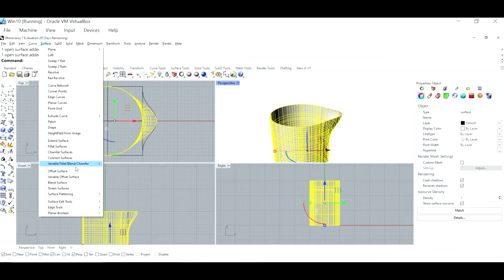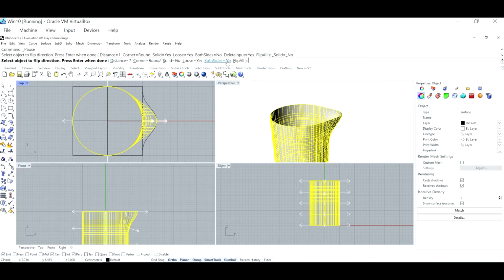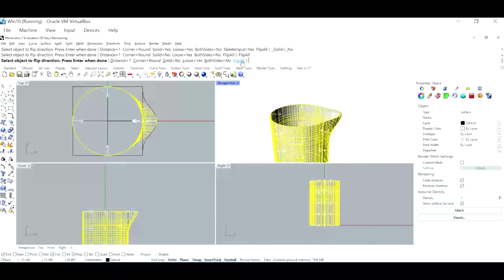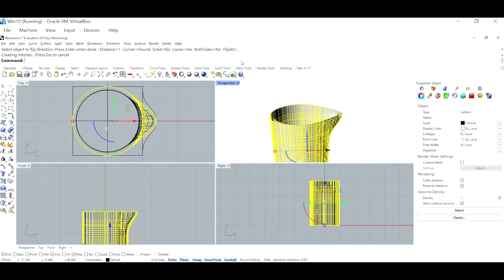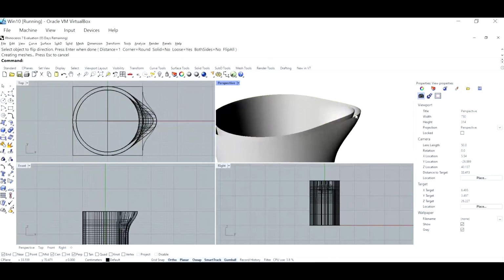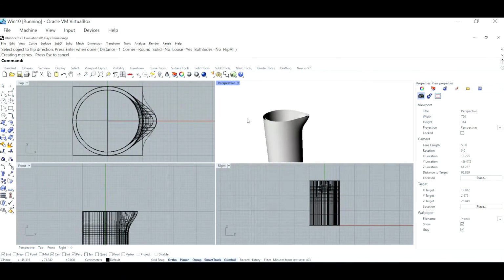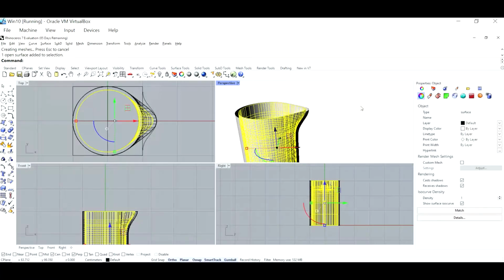So surface, offset surface, distance of 1, this flip to the inner. Doesn't make any difference. You can do inner or outer. Let's do inner. It's just that it is going to be wider if you go outside with the flip. With the normal pointing outside, it's just going to get wider. All right, so we have our 2 surfaces. We can now hide this one,